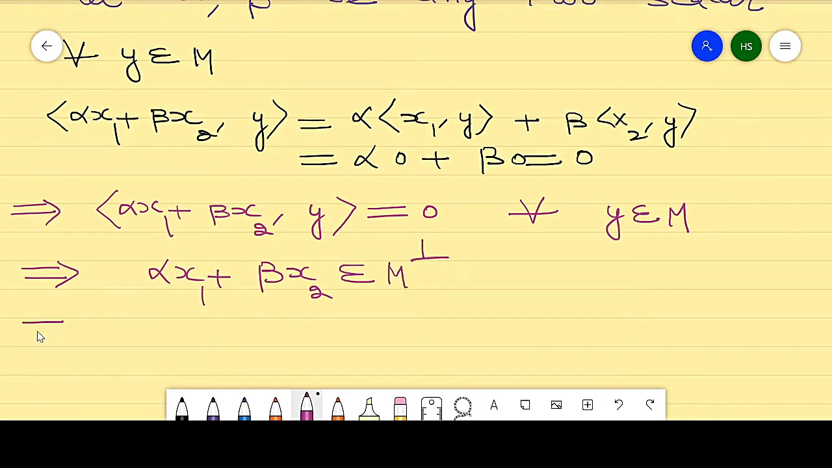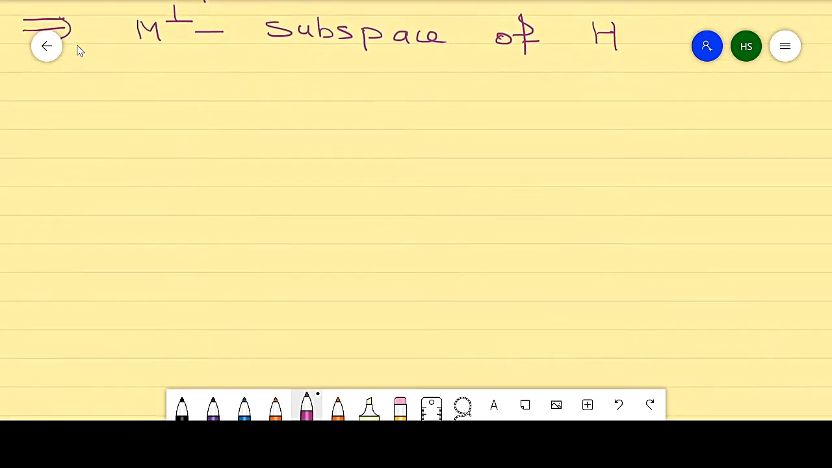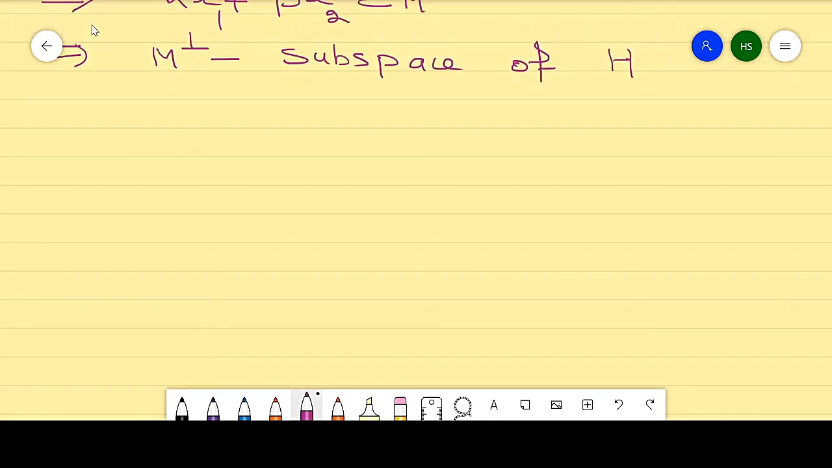Then it implies the orthogonal complement of M is a subspace of H. What is H? H is a Hilbert space. So it is a subspace of H. Now the next step is to show it is closed. To prove it is closed, let